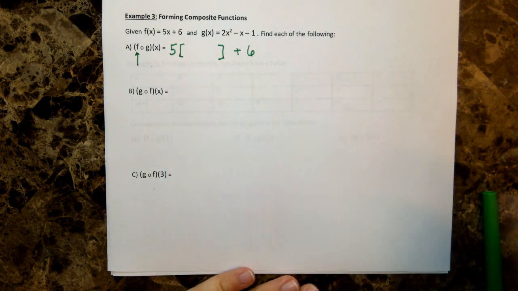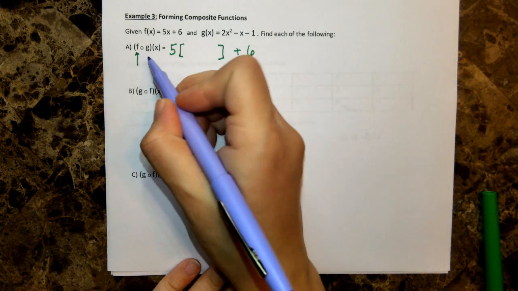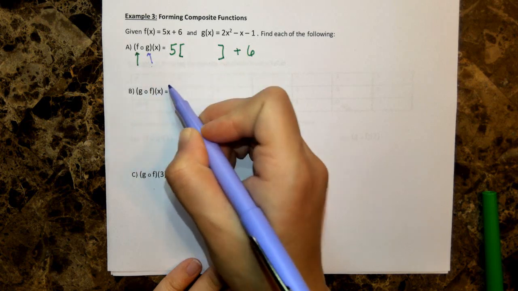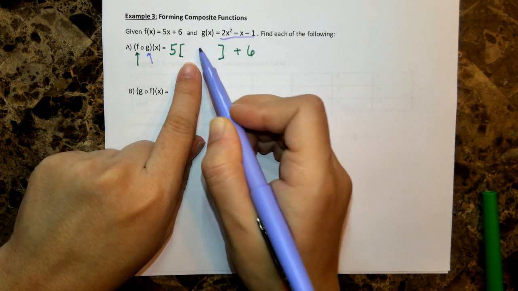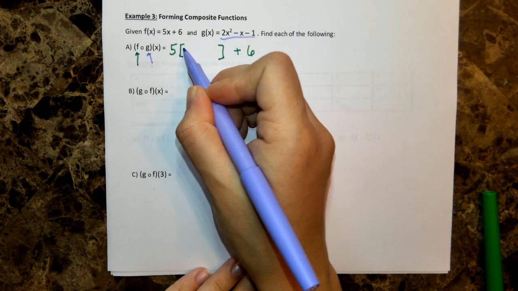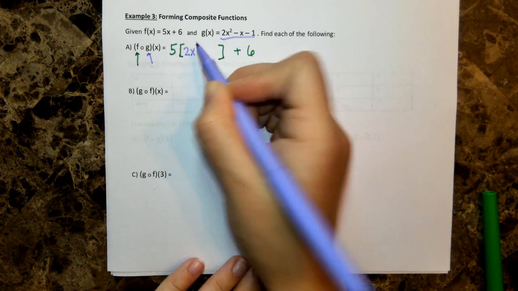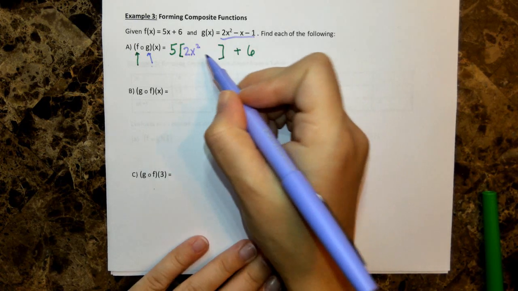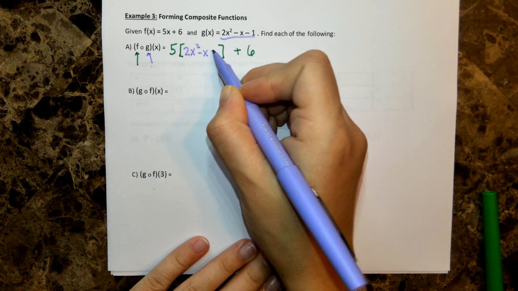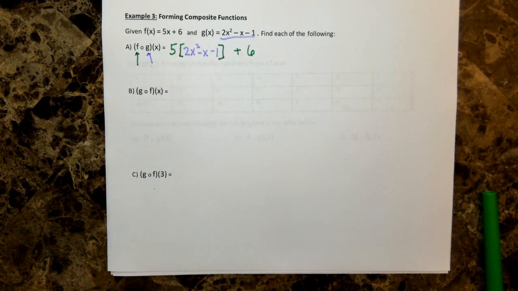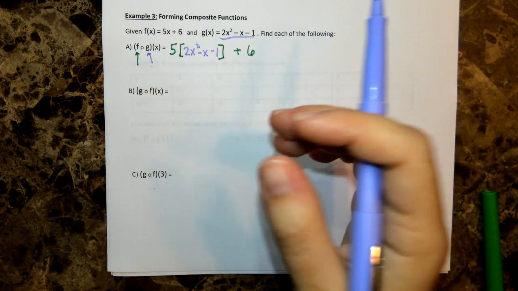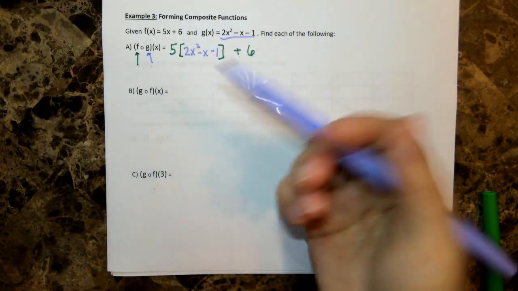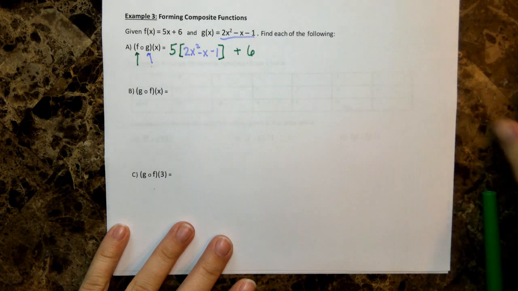Alright, and then my next step is to take the inner function, which is this g function, and put that in place of these brackets. I'm going a little faster on this example just because this is really just some practice. Hopefully you get a little bit of the gist by now. And then I'm going to simplify because it doesn't have a constant to plug in, so I'm not going to use my calculator for this because I can't type it in. So I would just simplify, and this will equal